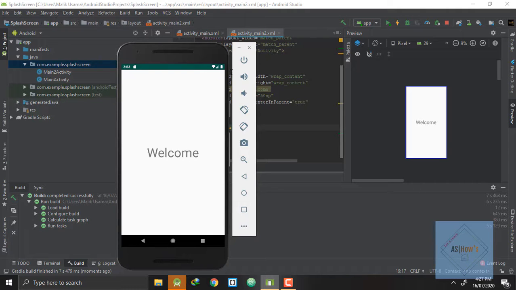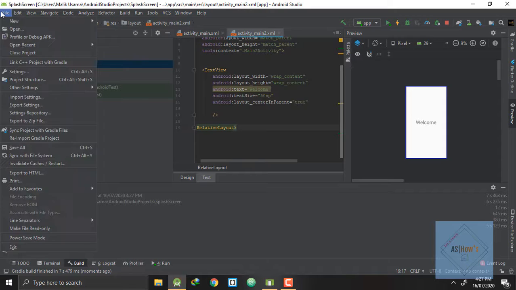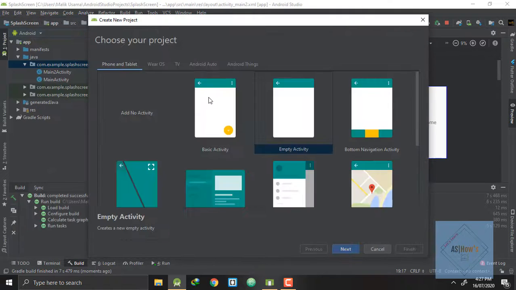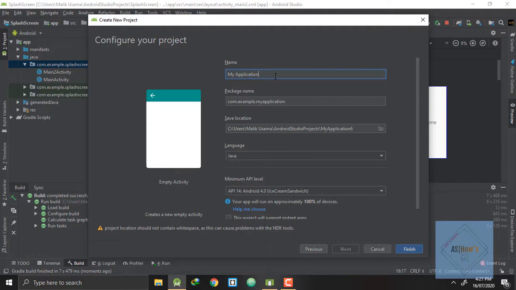So let's get started. First of all, we will go here and open a new project. We will select empty activity from here, and I will name my application Splash. Next I will click Finish.